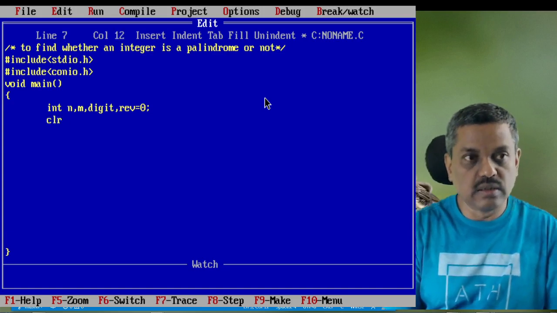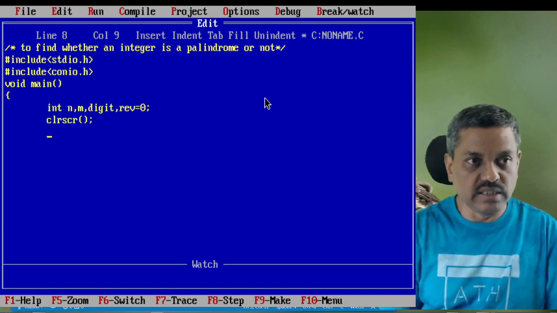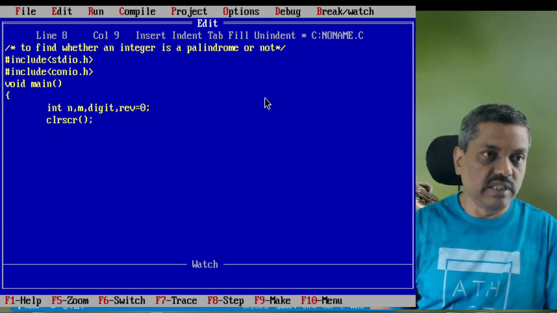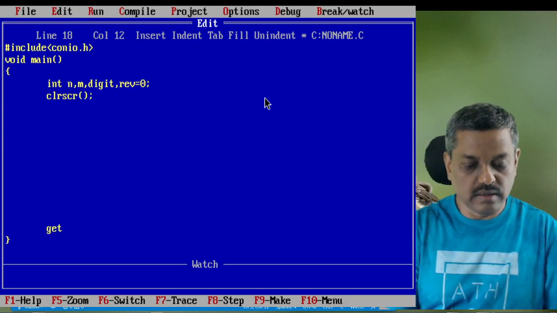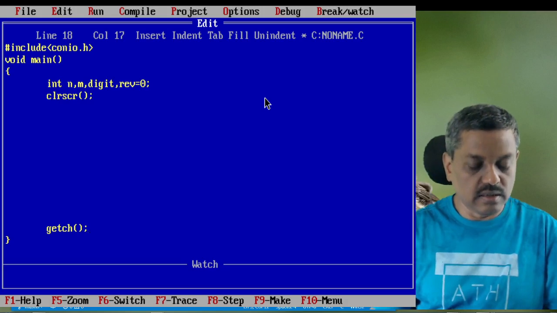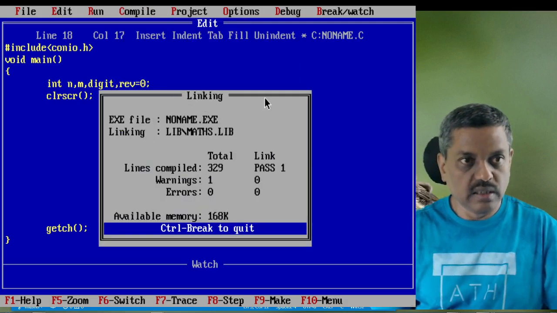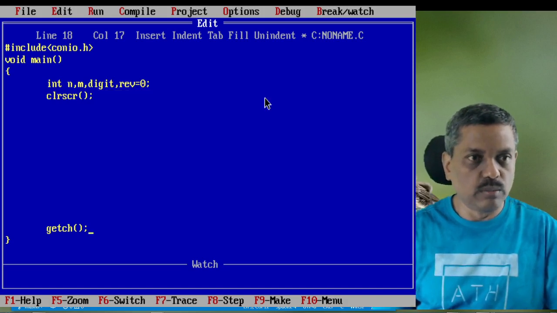And once you do that, we have to clear the screen, because that has nothing to do with the operations. Whatever the operation, we should get notified on the screen. All the memory variables, we need not worry about, as they are not going to be shown on the output screen. And simply check by writing getch, a function which waits for a particular key. Then try to compile. It is Alt C and then Build All for B, and see that it is a success. There is one warning, so nothing to worry about.